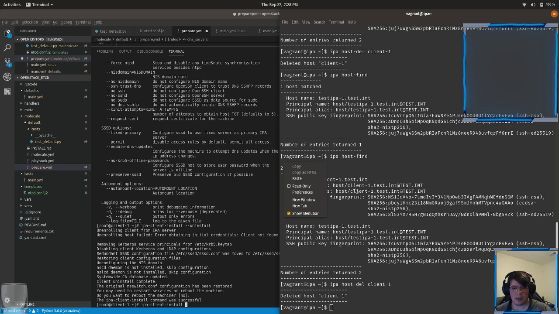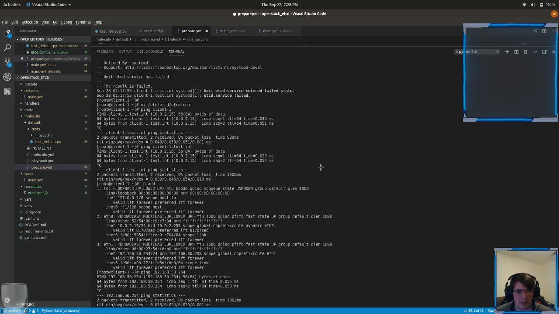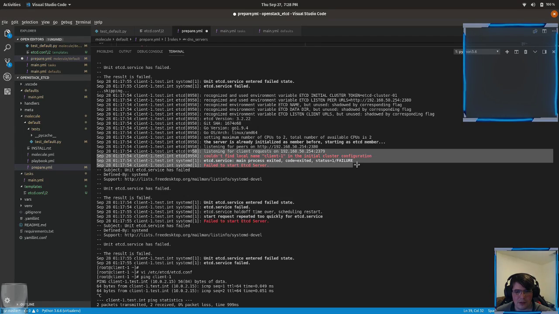Anywho, welcome back. I'm trying to fix a relatively rabbit hole of a problem. I'm trying to fix up etcd, or I'm trying to write the etcd module. The problem though is every time etcd spins up, it becomes very unhappy, as you can see right here. The running theory that I have right now is actually to